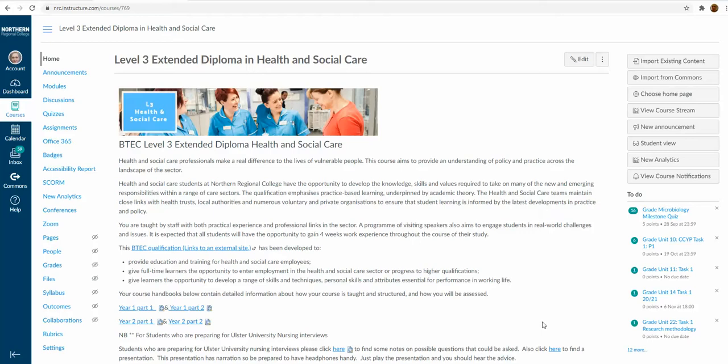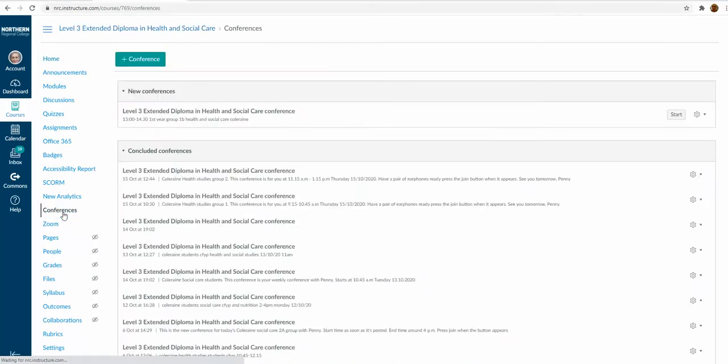So as you can see, I'm on the home page of our Level 3 Extended Diploma in Health and Social Care. And the first thing that I do to create a conference is to go over to the left hand side and find conferences. I click on that and eventually you'll get up